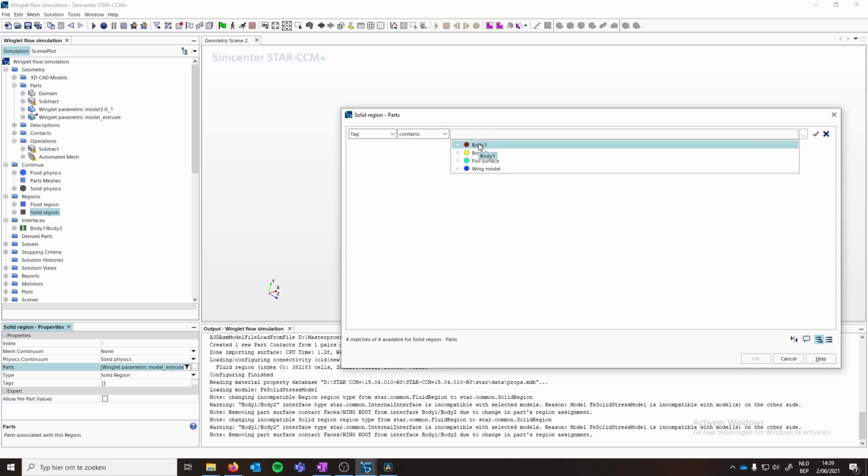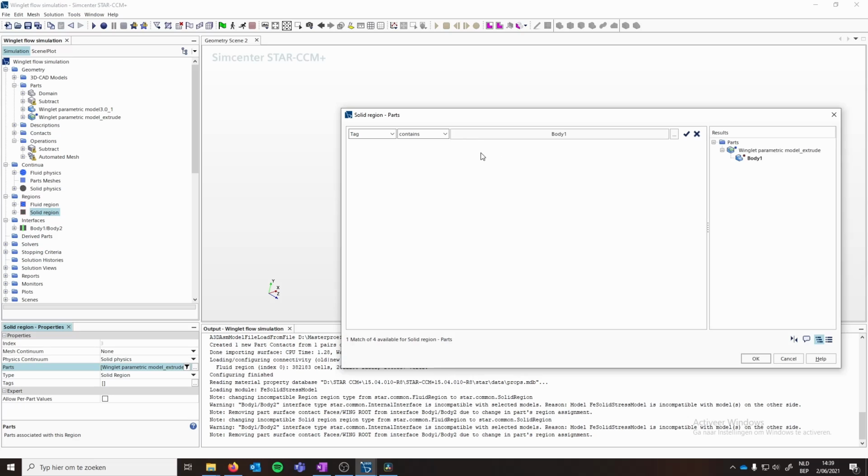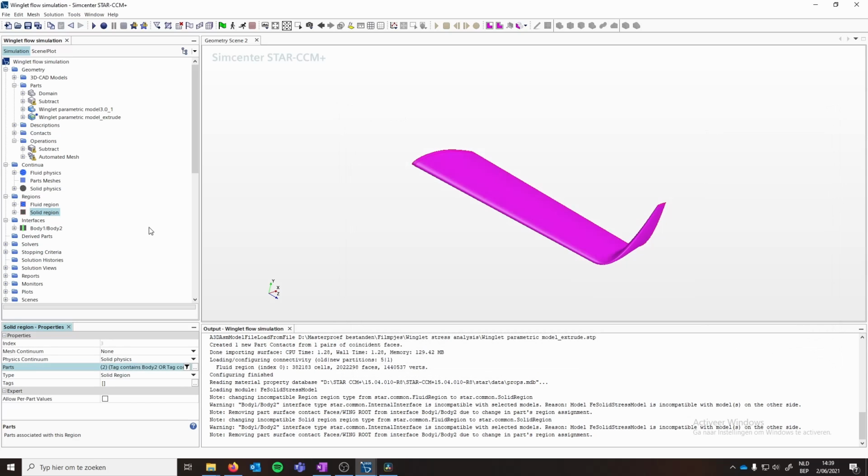So this is where the tags come in. We can just type tag contains, and then we want the full assembly to be assigned to this region. So we just take the winglet, the wing model. Now when we delete this and then import this again and tag the parts correctly, this region should be automatically set up. The reason for this I'll explain later, because that will have to do something with the